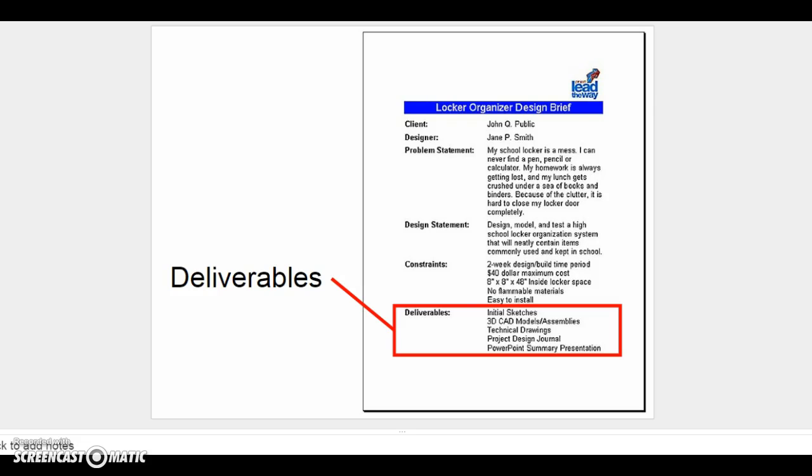So your job then is to take a look at the sample that I have here. So you've seen the problem statement, you see a design statement, how they modeled it after the problem, you see what constraints they came up with, and it's all made up, it's fictitious. If you're doing an actual project, you'll come up with actual constraints that mean something to the project you're doing, but there's really no worries about it. It's more or less just kind of learning to use this as a way to organize your thoughts and get